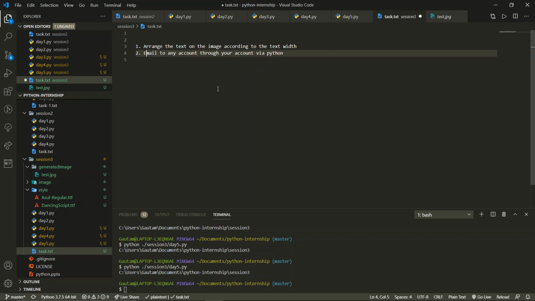You need to design a code where you will use your Gmail, your Yahoo, or any other account you use for emails. You need to link that account and mail through Python to any other account. It is not as difficult as the previous one, but finding the exact code is very, very difficult. So start your research, start your searching, and then we'll meet again on Monday.